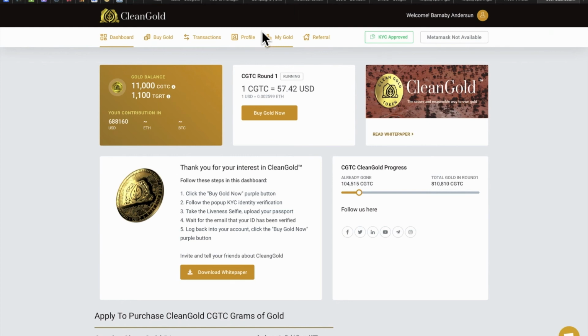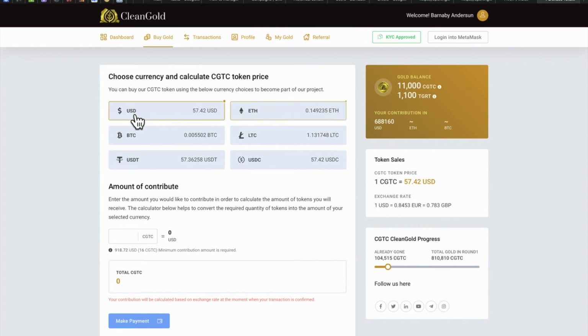Once your account has been successfully verified with your identity and your KYC is approved, you'll see the label switched here to KYC approved. And once you have that, you can log in and click on the Buy Gold menu item, which takes you directly to the page where you can select which form of currency you want to use for payment, and also how many CleanGold CGTC digital certificates you want to purchase. So you might want to type in something like 50, for example, and that will show you, including the discount there,